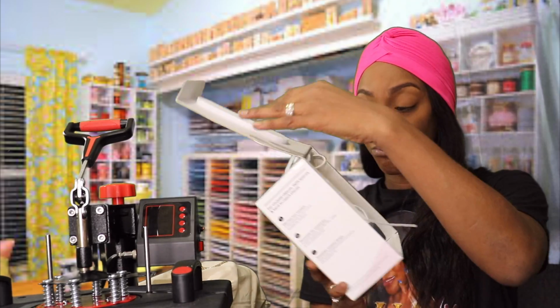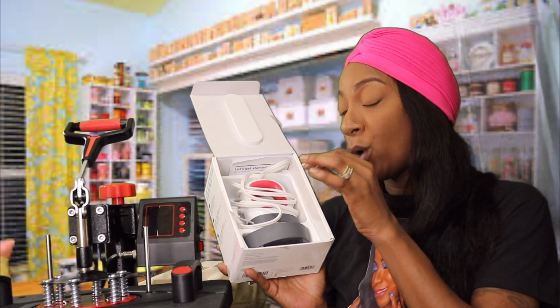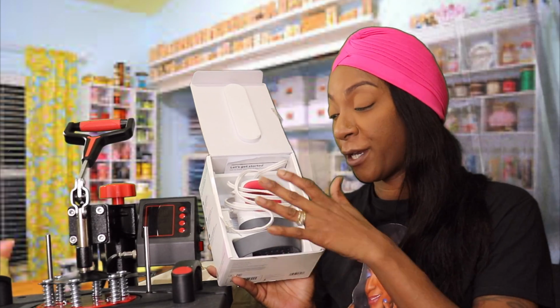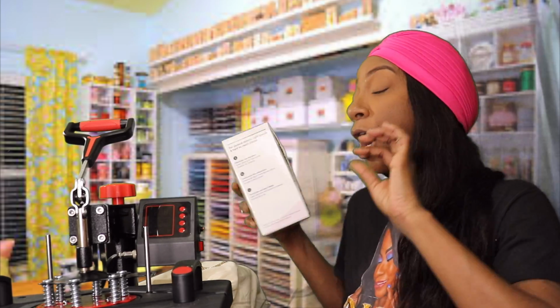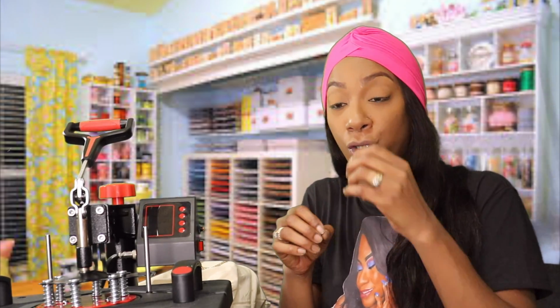Now, this one as well is a great buy. Again, when you want to do smaller things. Hats it is great for. If you do not have the bigger press that comes with all these different kits, these minis will come in handy. Now, I did see smaller ones from different brands, like one really tiny for small intricate places like with shoes and things like that. But them two are the ones that I started out with, and it got me along